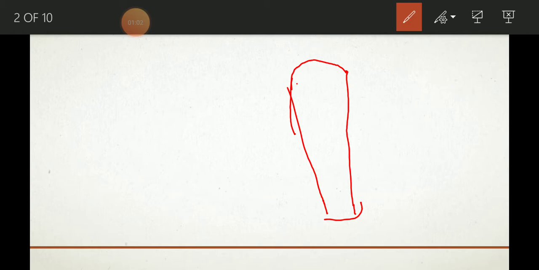As the introduction, we already saw what exactly the quarter joint means. The quarter joint, as I told you, is a flat wedge-shaped steel piece of rectangular cross section with uniform thickness. It will look something like this, which is tapered on one side and straight on the other side.